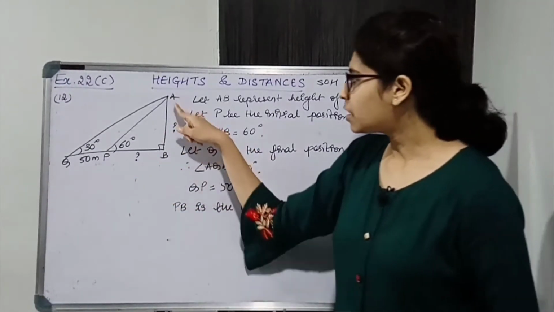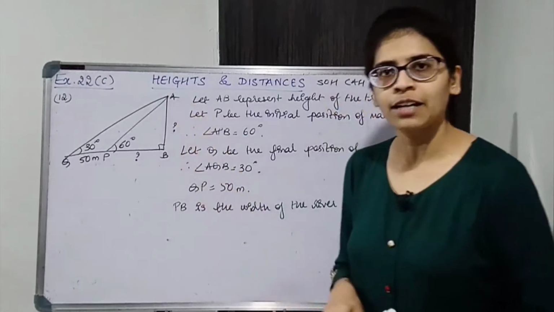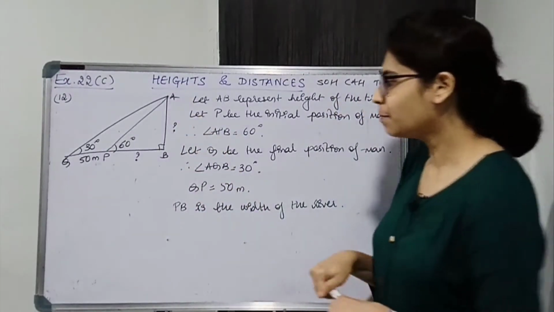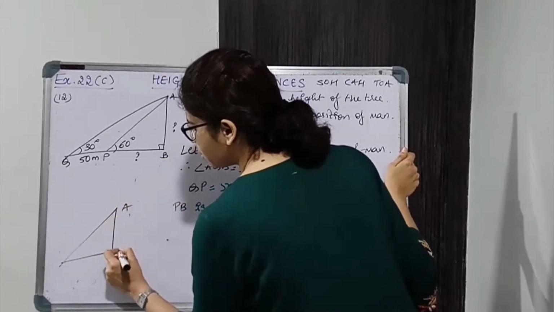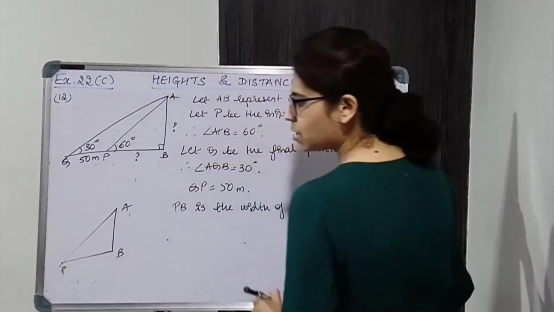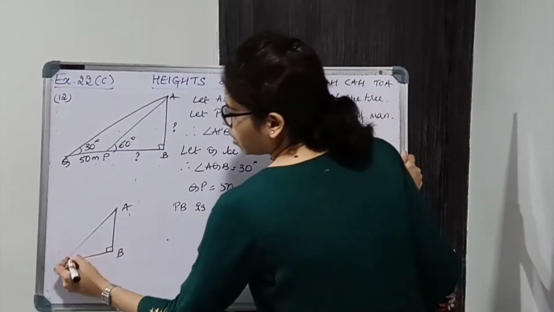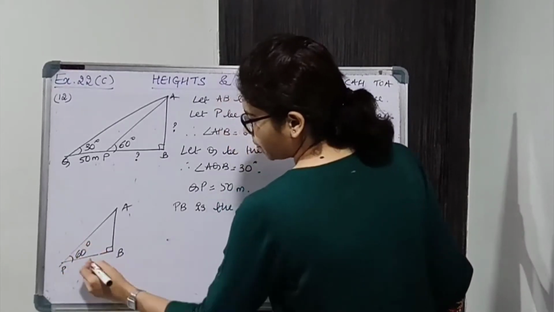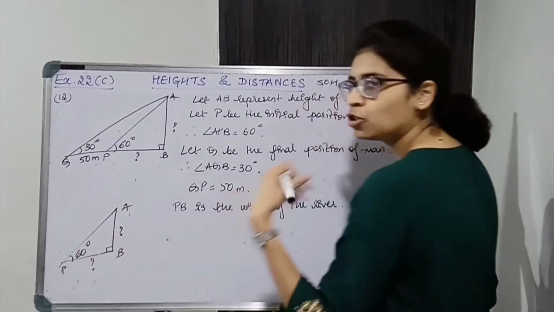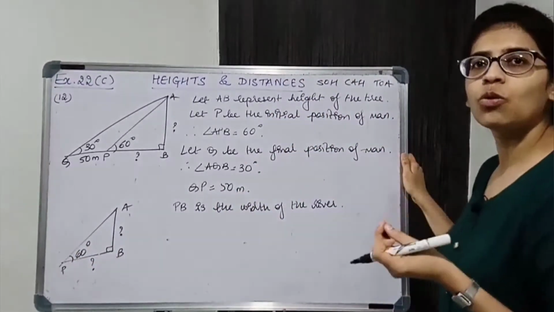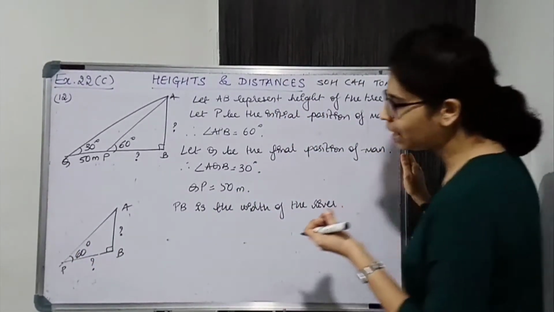First we'll consider triangle ABP, the smaller triangle, and we'll relate AB and PB. ठीक है? So first we'll consider this triangle. So this is just for reference. I'm drawing this separately. ABP consider कर रहे हैं हम लोग. Now this is 60 degrees. This we have to find. This also we have to find. So angle का opposite and adjacent दोनों relate करना है. So opposite and adjacent का relation you get from tan.